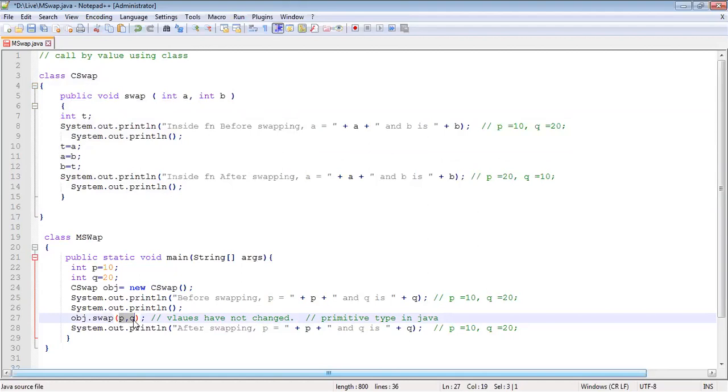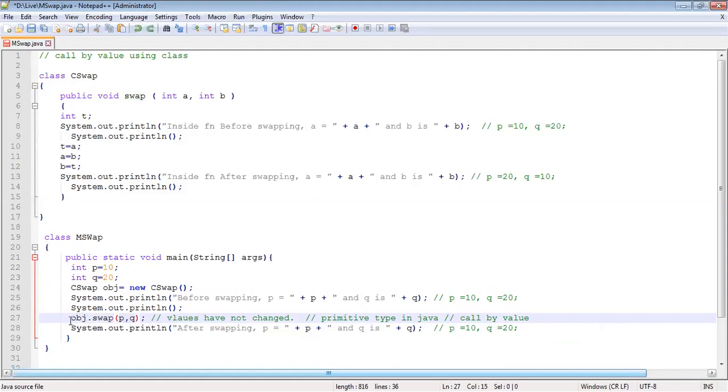You are passing primitive values, which means it is a call by value. So this is actually a normal call by value program where you are using classes and an object to call the function. To call the function called swap, you are using an object. Hope you're getting me, Anushri.